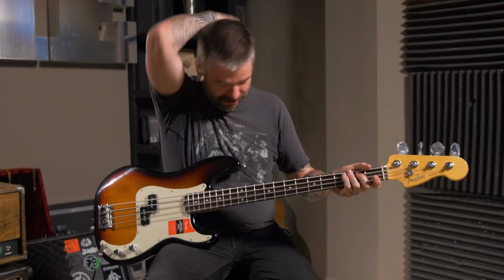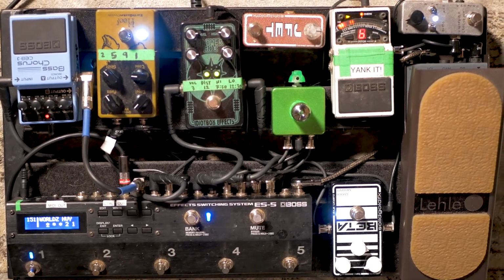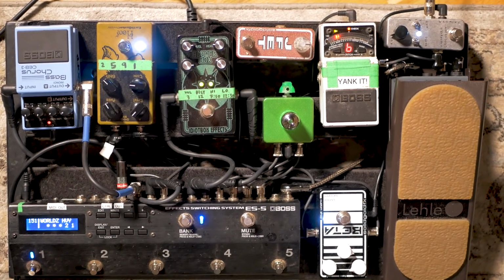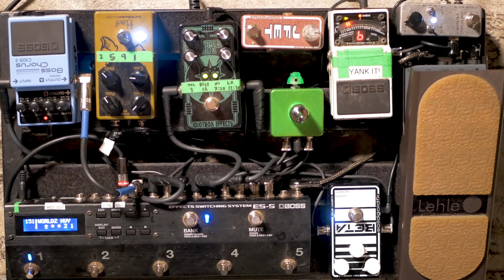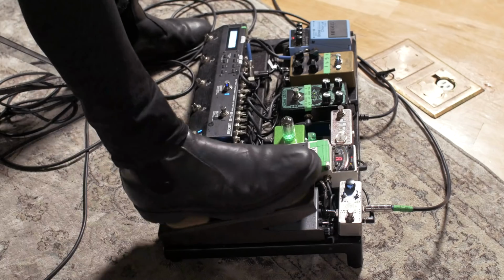I use the Earthquaker Hoof for that disgusting fuzz tone, and run it into the Boss bass chorus that I also just got recently. Apart from that, I've got an Idiot Box blower box pedal that's, I guess, that company's take on a Rat. It sounds like